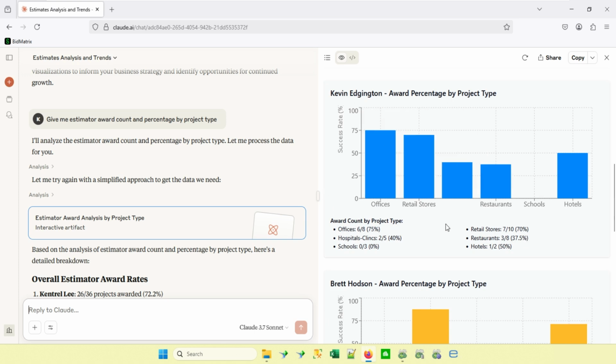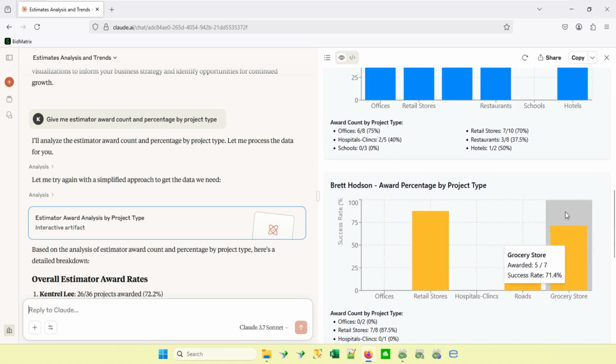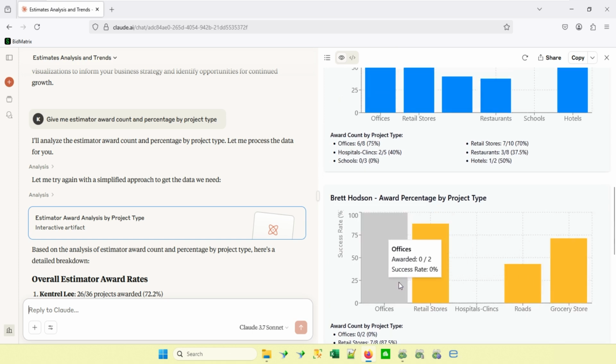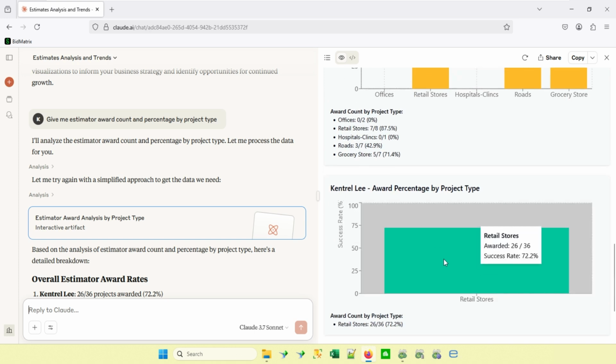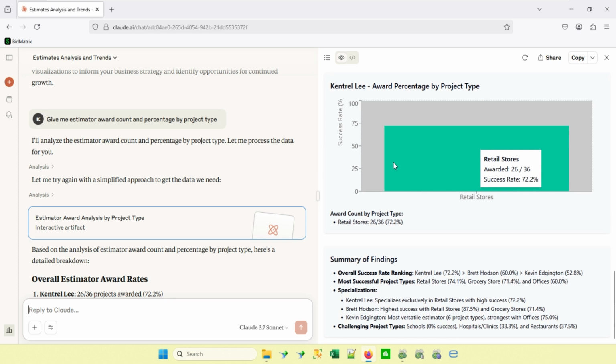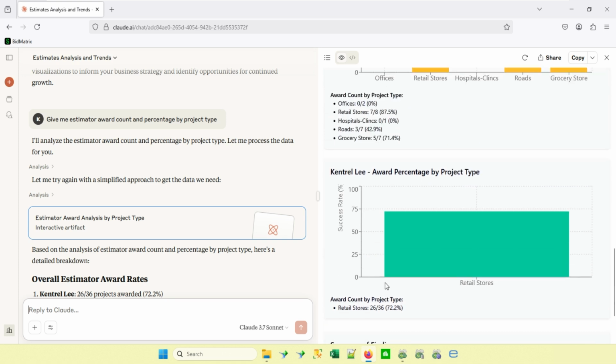There again, what type of my projects that are awarded, where they were at. Brett's, so I could tell that Brett's maybe not done any hospital work or the clinic work or things of that nature. Maybe I could tell that Control's just working on retail stores and so forth. So there again, it gives me a nice little analysis on that information, and just very powerful because I can sit